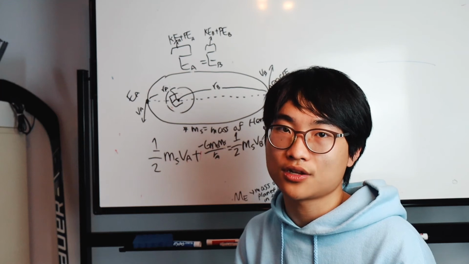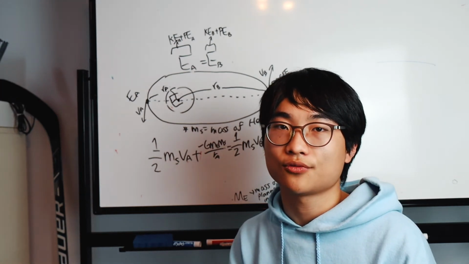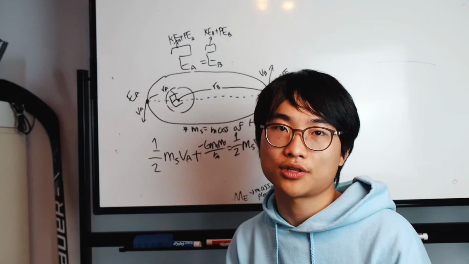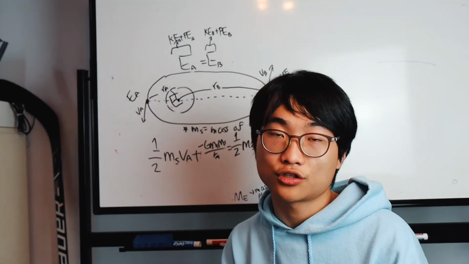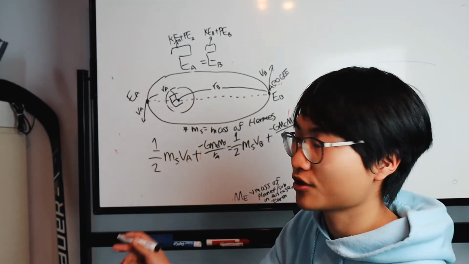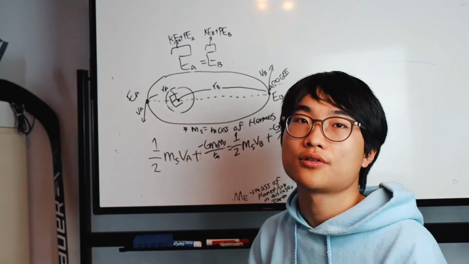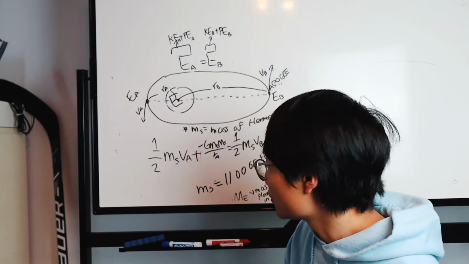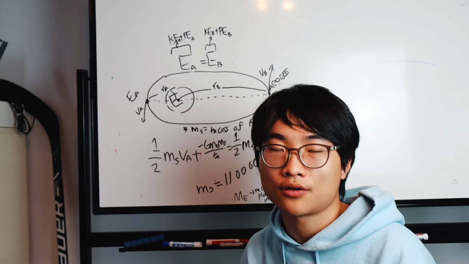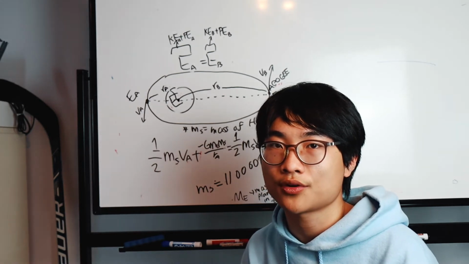and the total amount of energy of the Hermes spacecraft when it is in the low Earth orbit. We can also calculate the total amount of energy in the solar orbit as well if you want. But for convenience's sake, we're just going to play with the Earth since it has a lower mass. So the approximate mass of the Hermes spacecraft, according to the author Andy Weir, is about